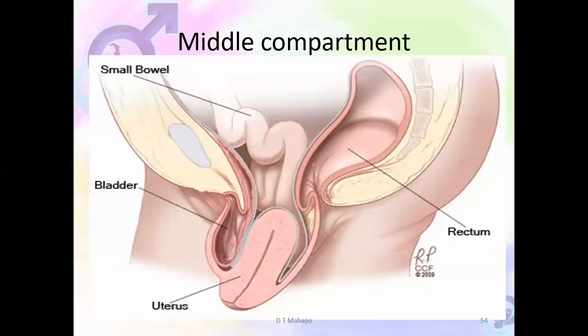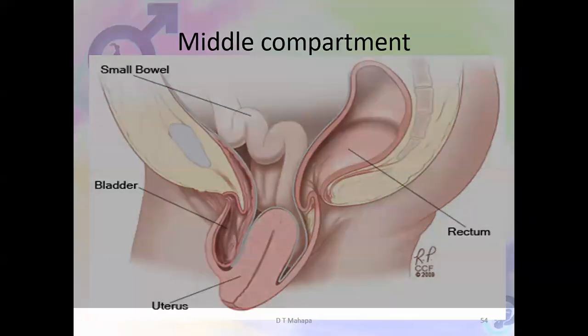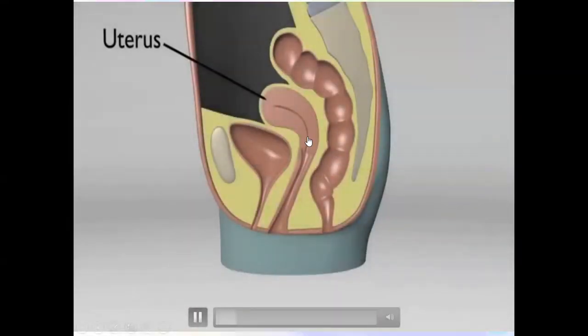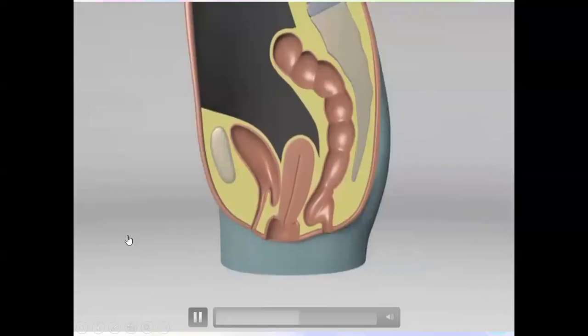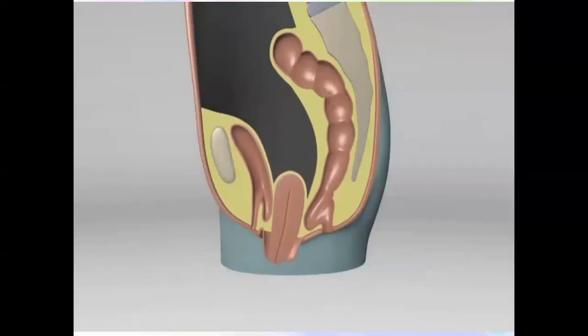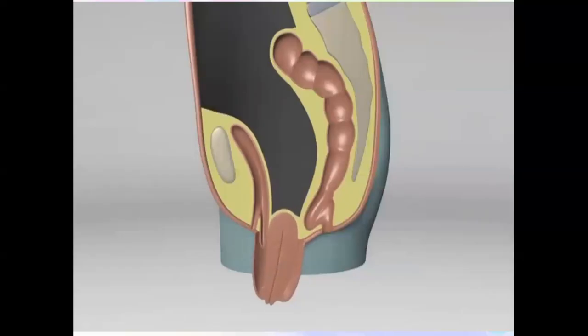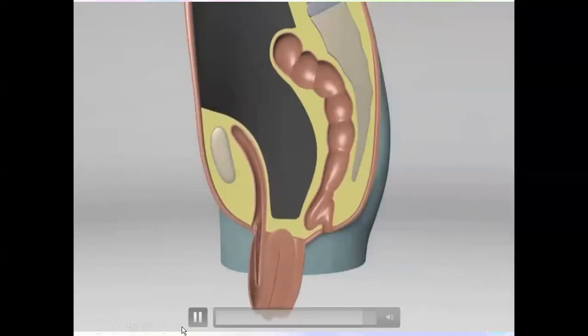The middle, I said, we divide the pelvis into the anterior, middle, and posterior compartment. The middle compartment, I said, there's a uterus in it. If anything prolapses here, it will be a uterus prolapsing. And the uterine prolapse, I've got an animation for it here. It's very nice. Uterus is here. If it prolapses, it descends downwards through the vagina to come out through the vaginal opening. And we can also grade it depending on the extent. If the entire uterus is outwards, that is called procidentia. That's the worst form of uterine prolapse.